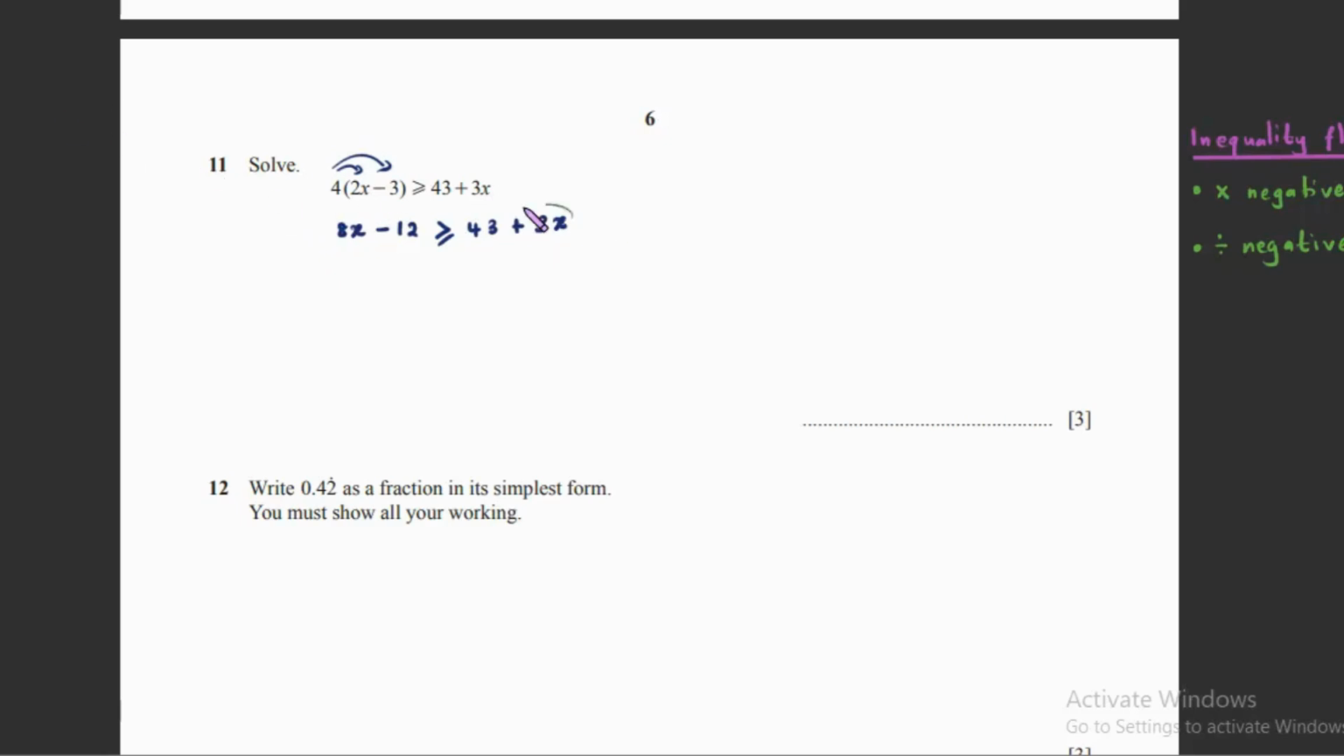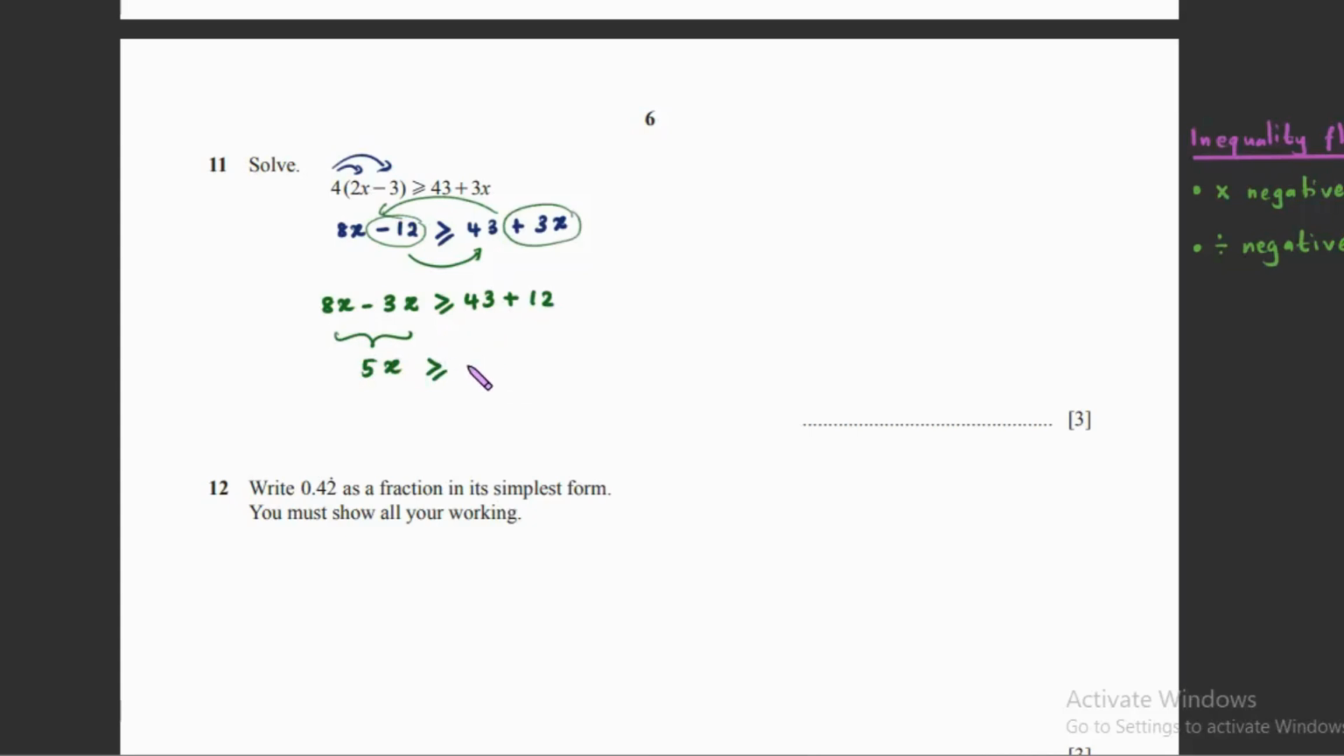So I'm going to bring this plus 3x to the left and the numbers to the right. So I'm going to take the minus 12 to the right. So this gives us 8x minus 3x, which is greater than or equal to 43 plus 12. So from 8x, when I deduct 3x, this gives me 5x, which is greater than or equal to 43 and